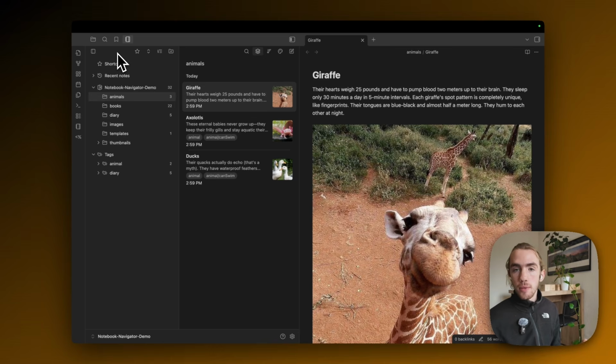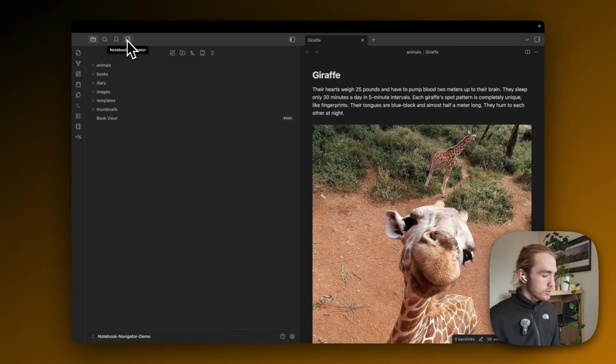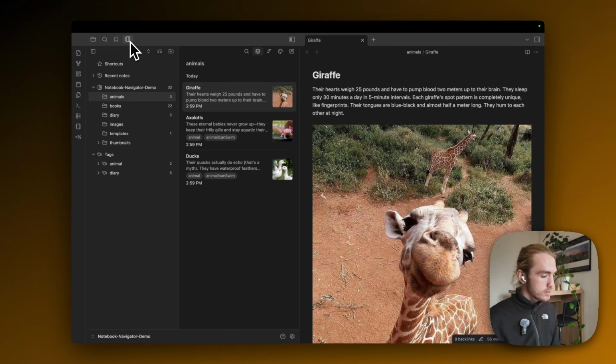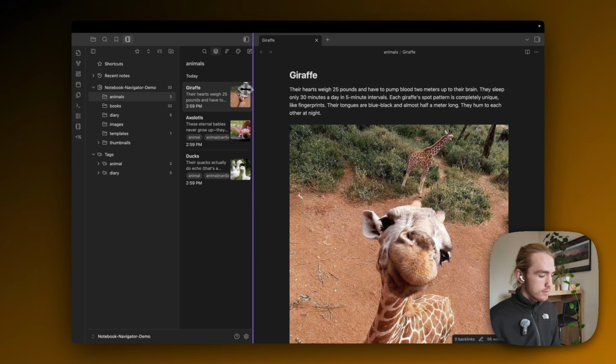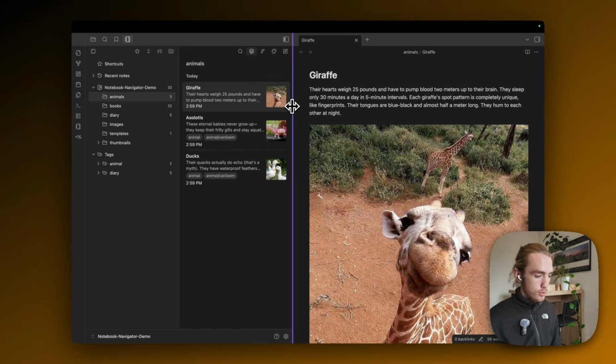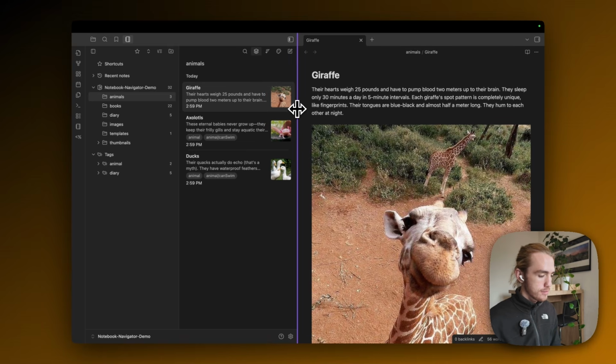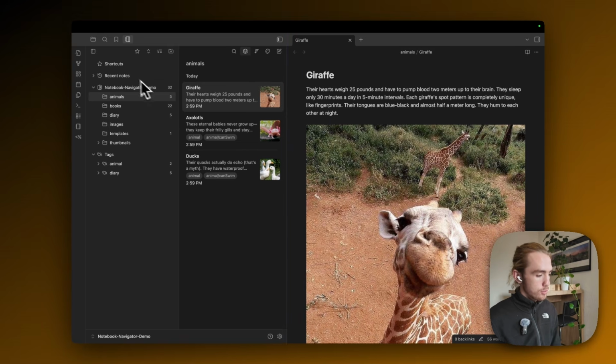If your view differs from mine, for example, it doesn't have a dual pane layout, just in general, make sure you have the Notebook Navigator view selected. Secondly, that you have actually given this window enough space. So for example, just cutting it in half, okay, maybe a bit less. And most importantly, by clicking this button on the top left to actually extend this sort of Apple Notes kind